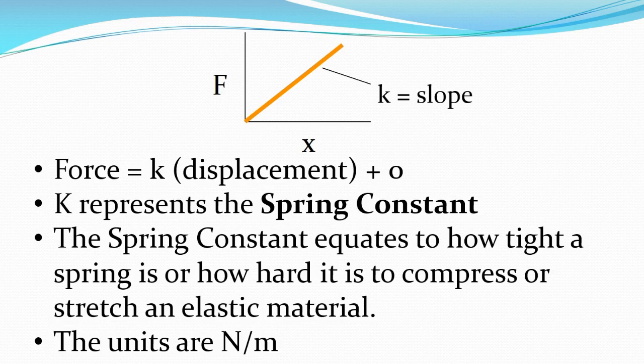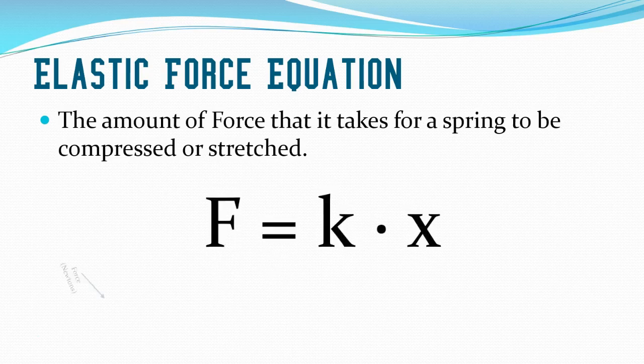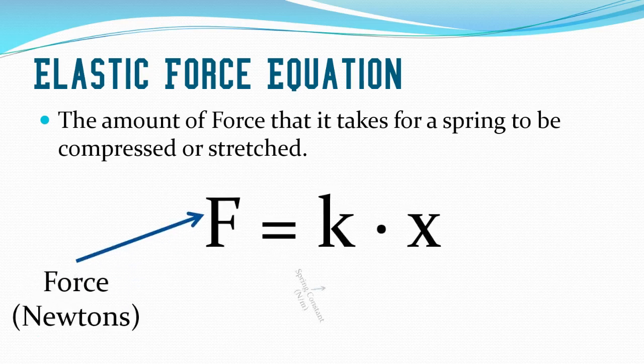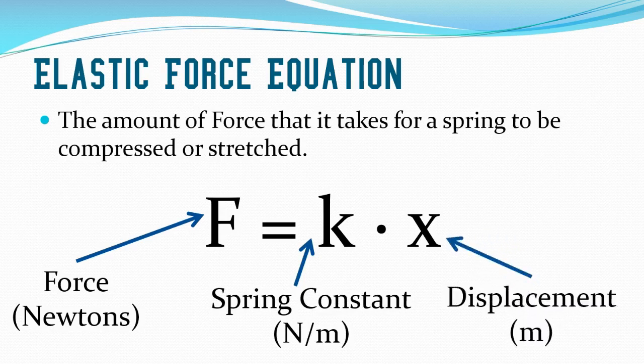is distance or displacement. In order to calculate the force that it takes for a spring to be compressed or stretched, we can use this formula. Force in newtons is equal to our spring constant, which is in newtons over meters, times displacement, or how far the spring was stretched. You're going to use this formula when you're either given a force or when you're solving